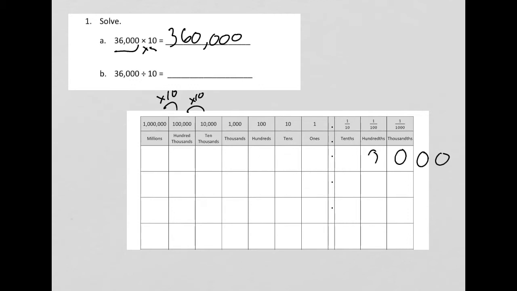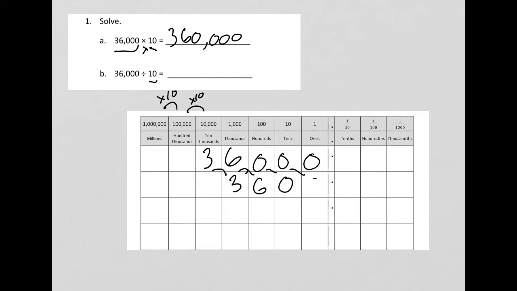Now, next one is division. So it's 36,000 again. And now it's divided by 10. So I'm still going to move it 1 column because I'm only dividing by 10, but because I'm dividing, my number is going to get smaller, so I'm going to move to the right. So this 3 jumps backwards to the thousands. It goes from 10,000s to 3,000, and all of my numbers then follow suit. So I end up with